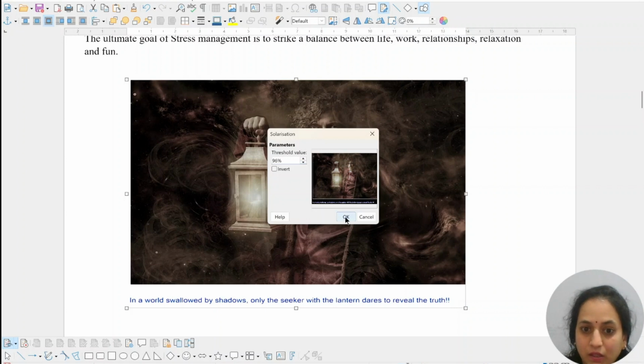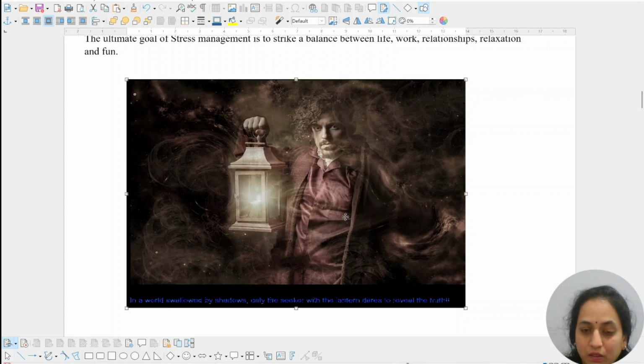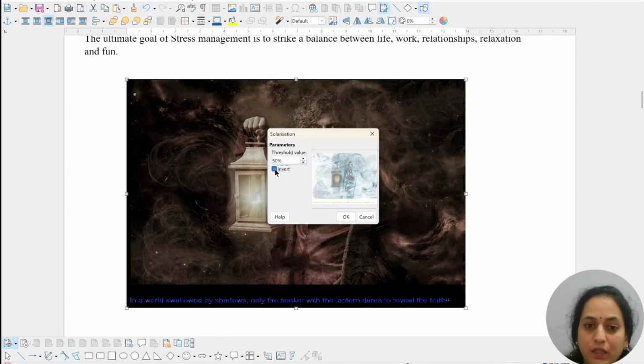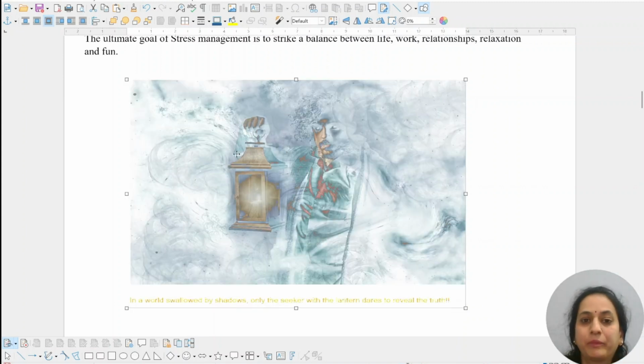Let me check the invert of it. We saw this, right? And say apply. So this is the change when we opt for solarization. Yes. Next thing is